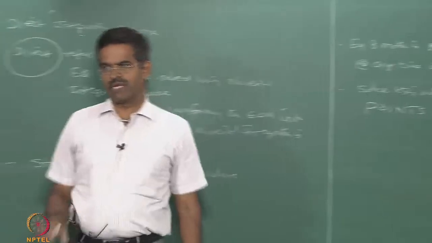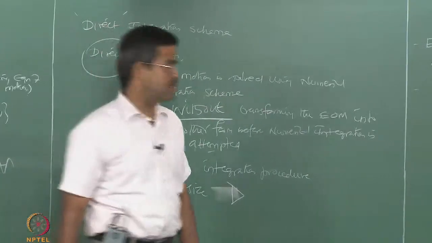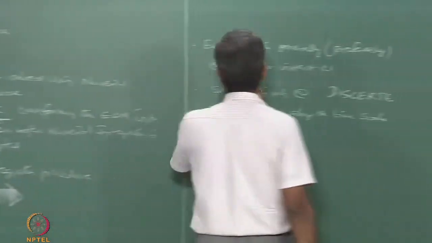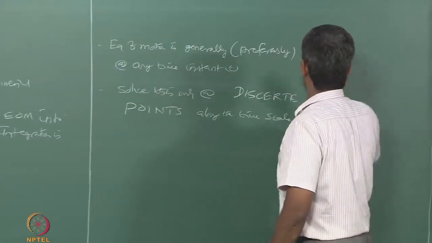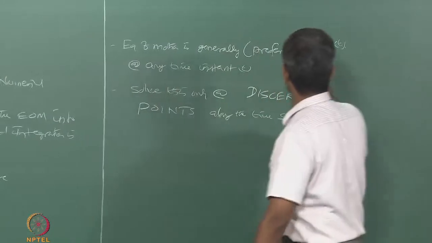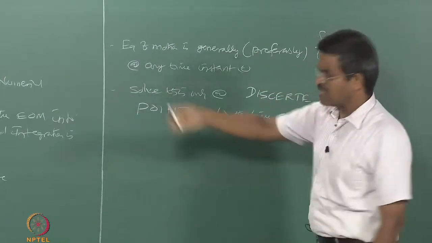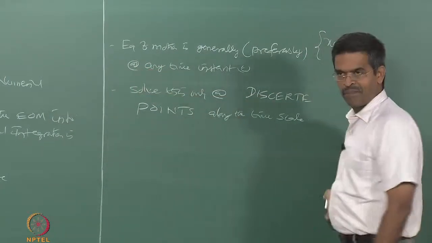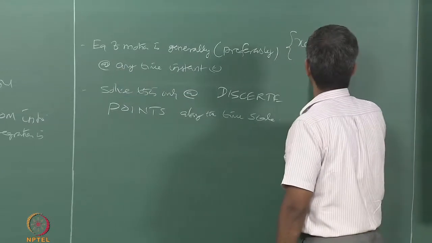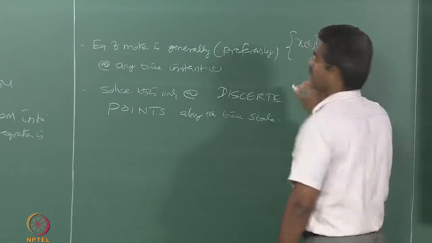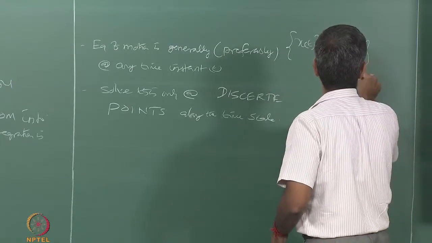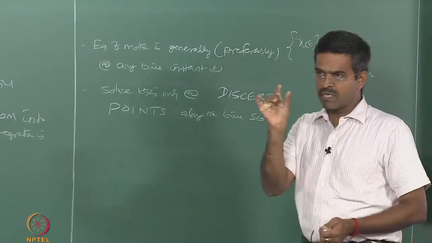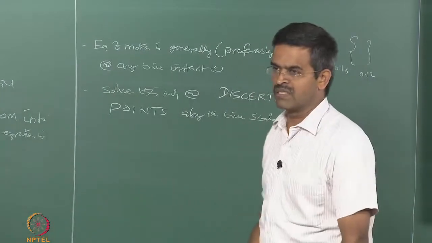The moment I make this statement, you will have a question in mind: when my solution is valid, what is meant by solution? I get x of t. By applying some scheme, I find x of t, which is a vector in this case, because there are 6 degrees of freedom. Maybe at t equal to 0.1 second, I get a vector. Similarly, the next vector can be at t equal to 0.12 second, where the step size is 0.02 seconds. Let us say we fix the step size.